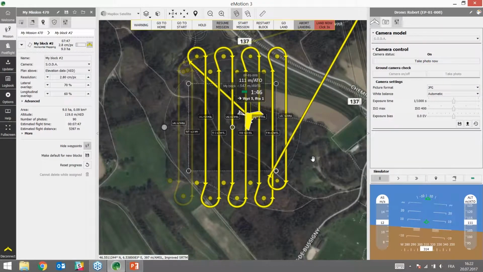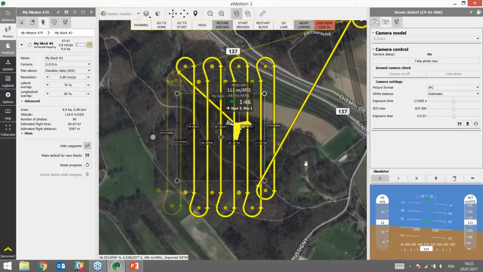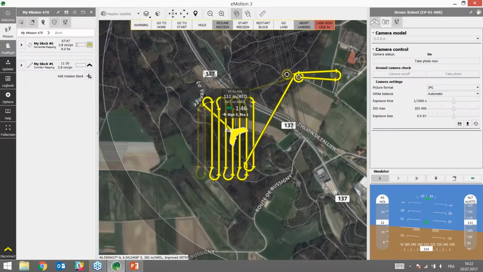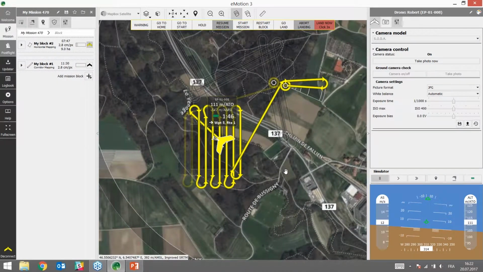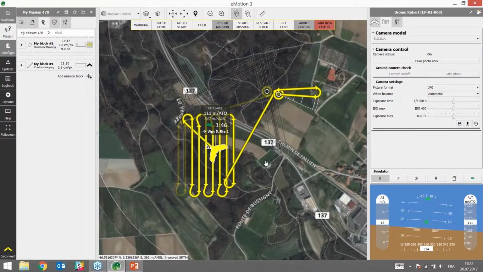This was the main feature that we brought in Emotion 3.3.1, but we also added a few cool minor features, such as the automatic reconnection. When your drone has landed and you still want to finish the mission, for example you placed a horizontal mapping block that was too big for one single flight, now when you swap the battery with your drone, you don't need to click disconnect